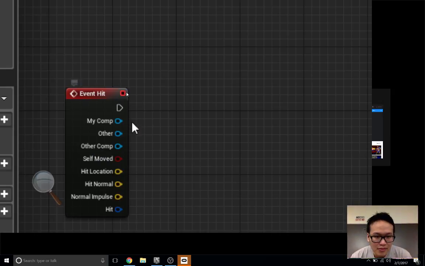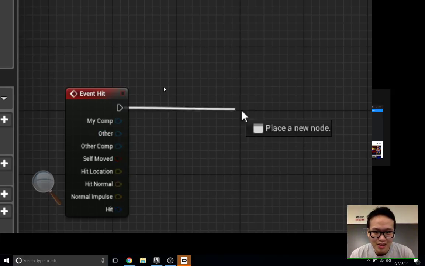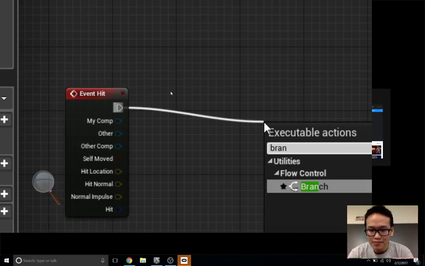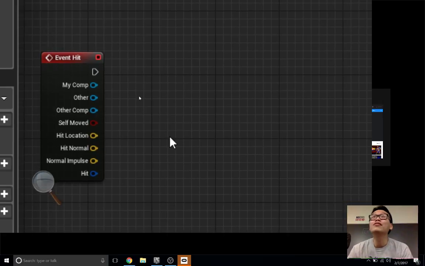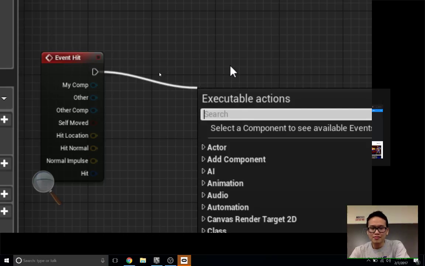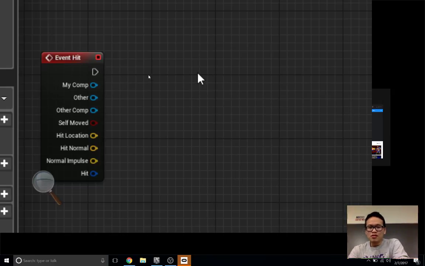So here we're gonna do a branch. If you right click or drag an arrow off, it'll prompt you. This is worth mentioning: it's like autocomplete in code. This is everything that you could call given whatever you just dragged as an input.